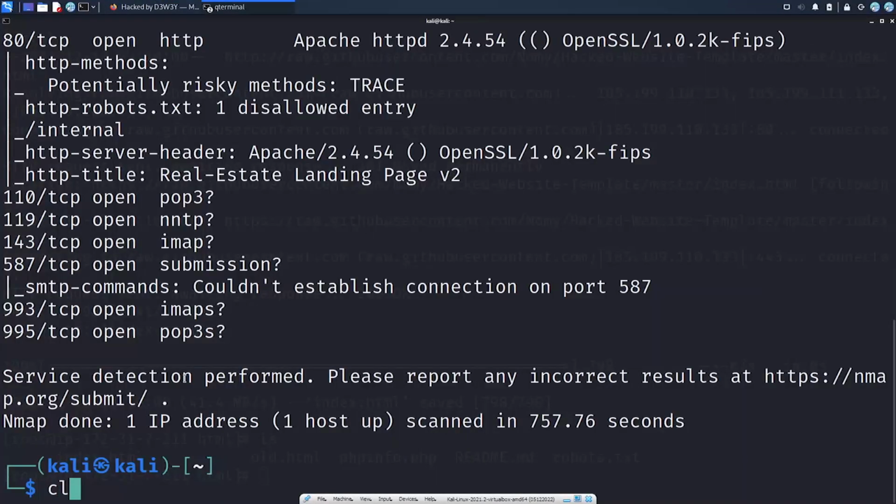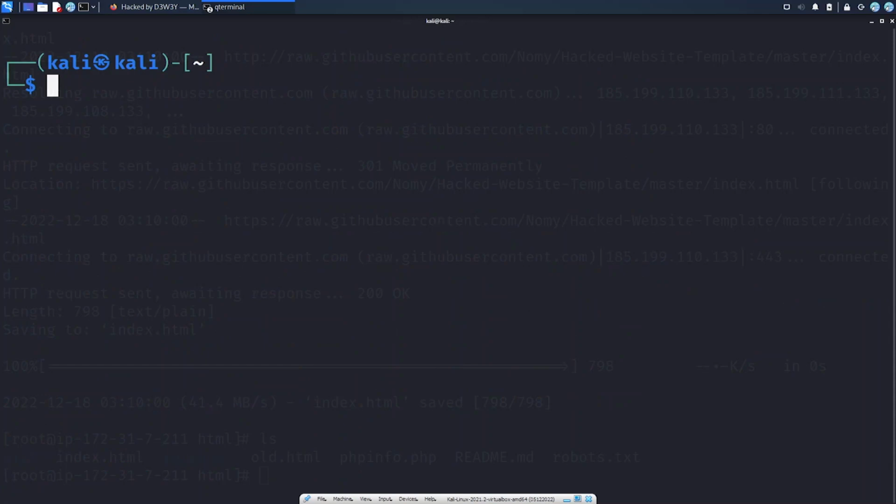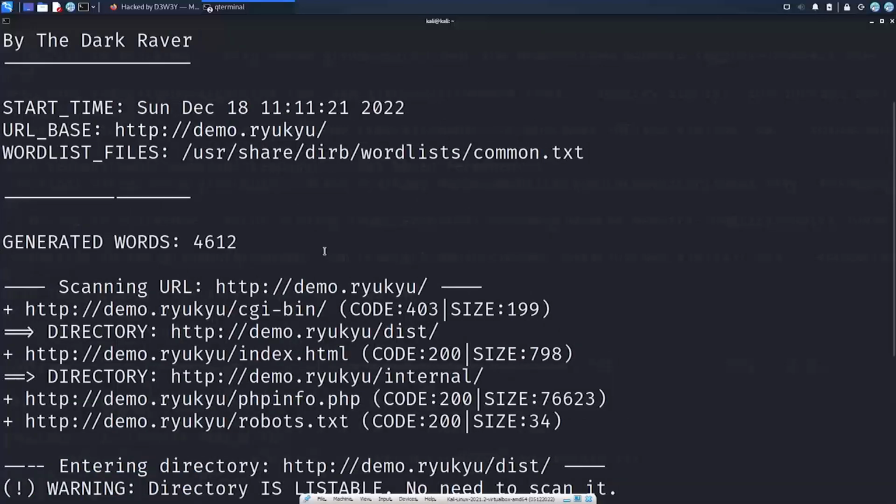So next, what you can also do is use another tool, which is Dirb. So this is to search for any directories in the web server based on a pre-configured word list. So we can also do that. So we can do demo.ukyu. So I'll give you some time to just test it out. So as you can see here, these are the